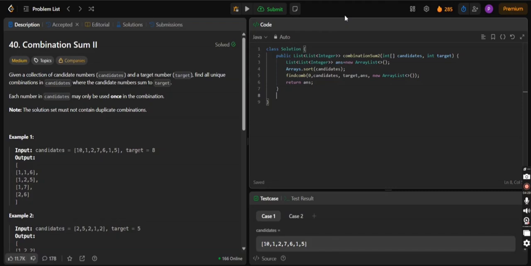It will take as input the index, starting at 0, which will increment recursively through the loop, the candidates array renamed as arr, the target integer, the list of array lists answer, and a new array list ds that will store the combination that will sum to the target value.